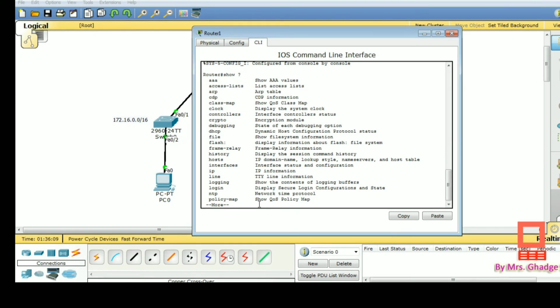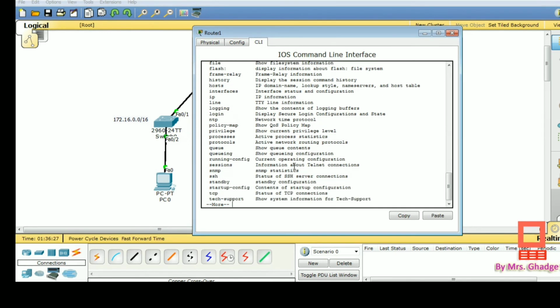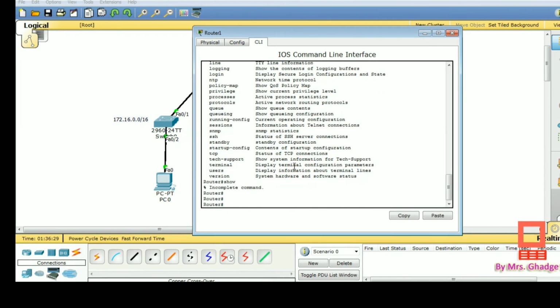Question mark is the symbol which provides the next options for you. Okay, so just type the command show, then click on enter. So here are the various options which we can use along with show.